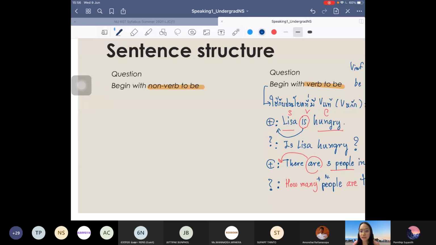Next, we can also begin a question with a non verb to be. If the affirmative sentence uses a verb other than the verb to be, confused? For example, if we use past perfect or present perfect, suppose we have the positive statement